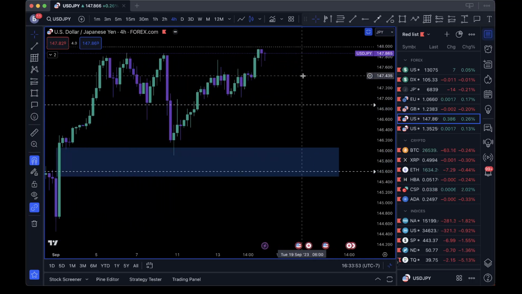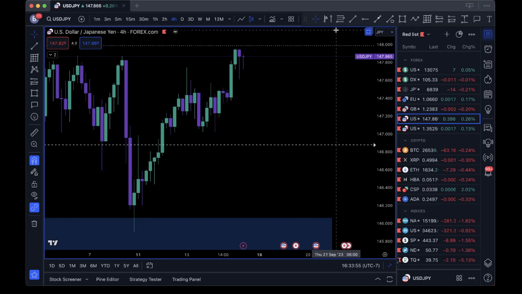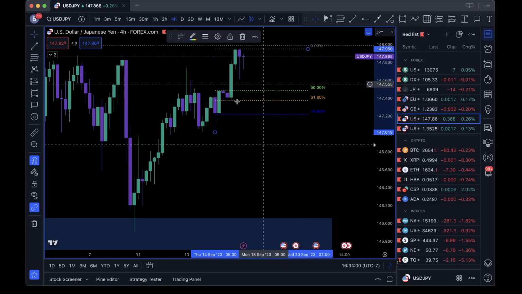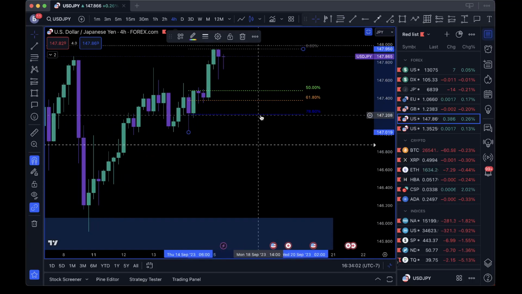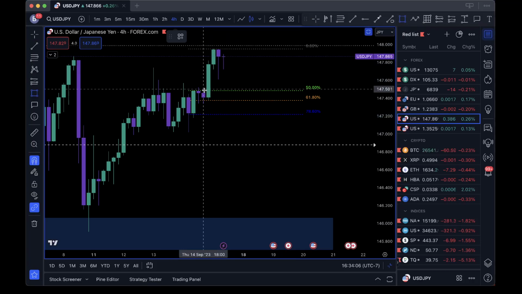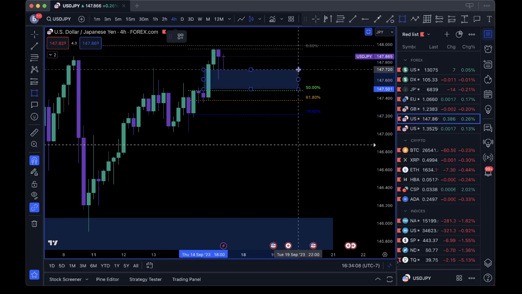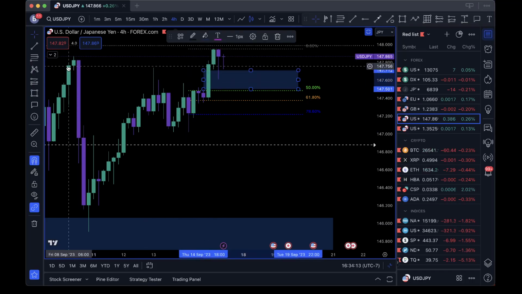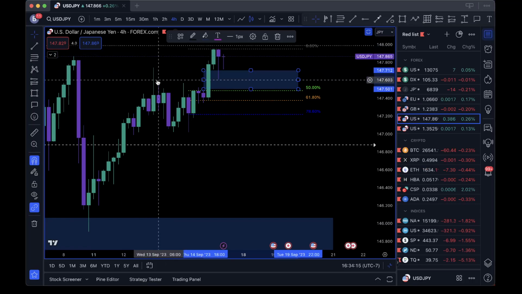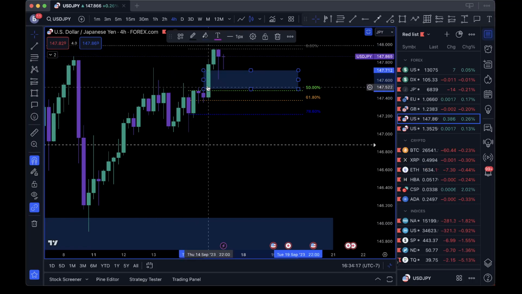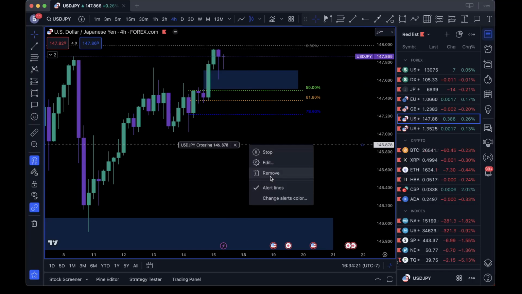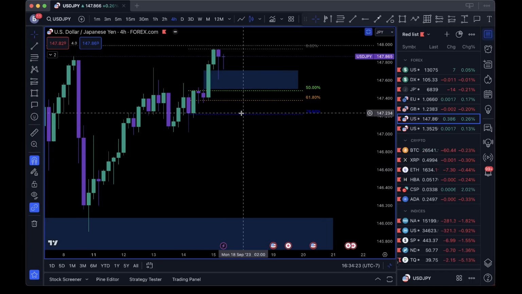The most immediate play for this one, as far as I can see, and if you play UJ, let me know. I don't play this one much. I've played it successfully a couple times, but I think the most immediate trade is right here. Again, the best order blocks, in my opinion, are the ones that cause displacement, which this one did, right? It pushed up, displaced these highs where there was liquidity likely, and then it left a fair value gap. So we have a fair value gap, we have displacement, we have an order block.